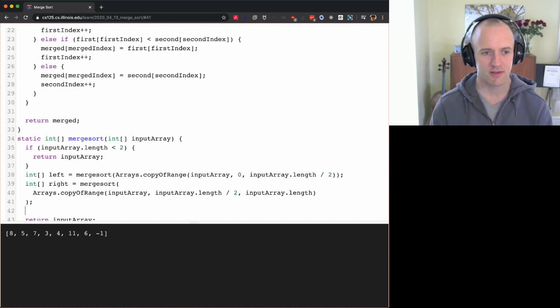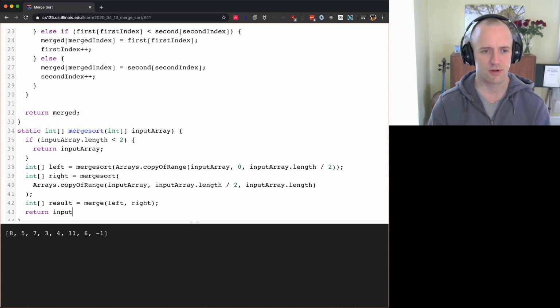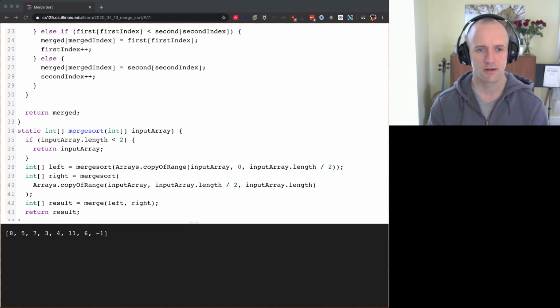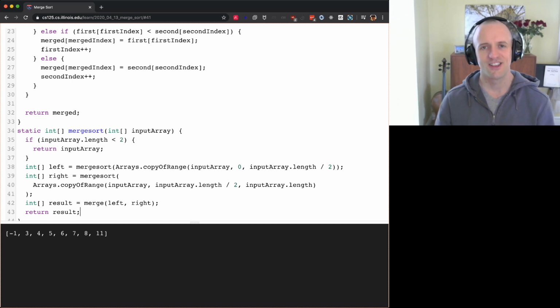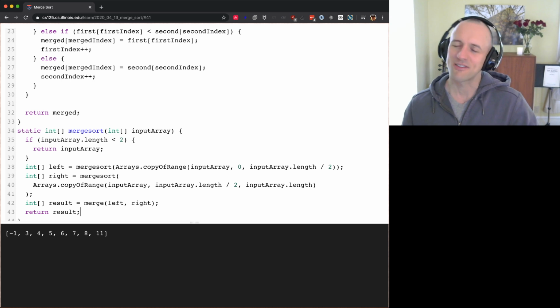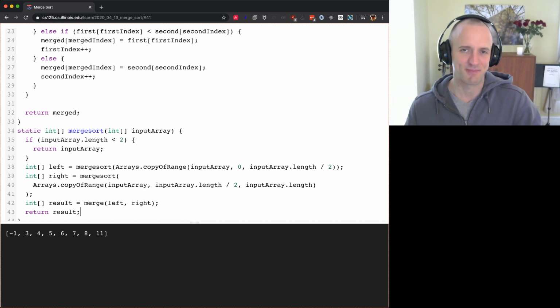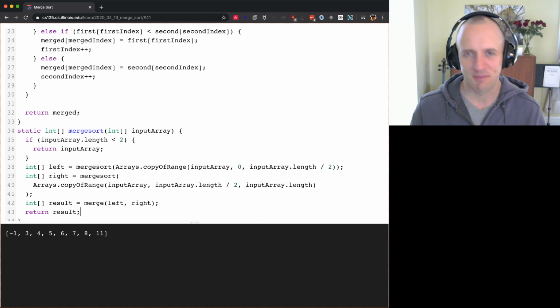Right, so now I'm going to say int star result is equal to merge left, right. And then I should be able to return that from my call. Okay, and let's see what happens. Ooh, look at that. When stuff like this works, it's just like magic, right? Okay, so